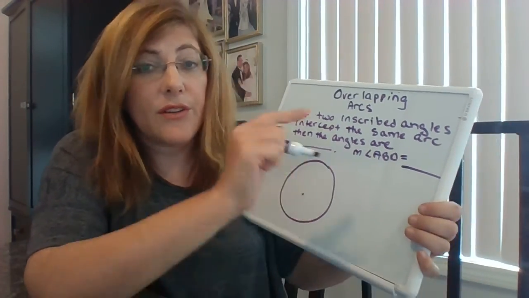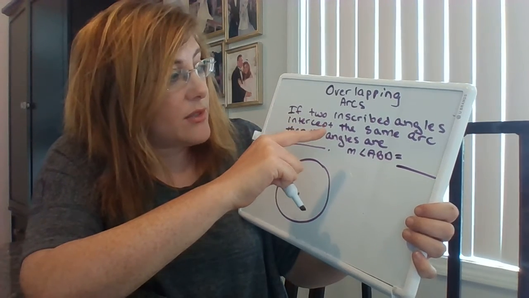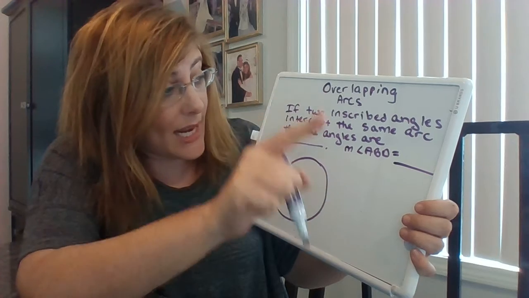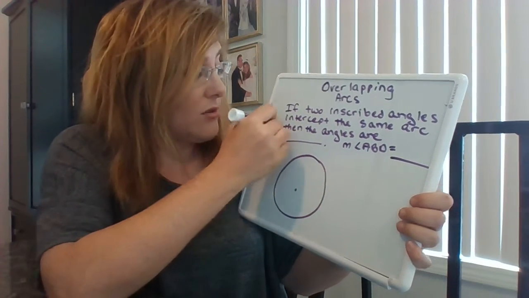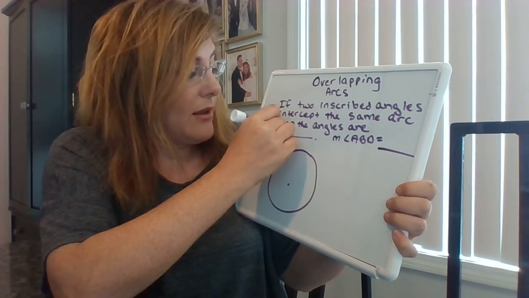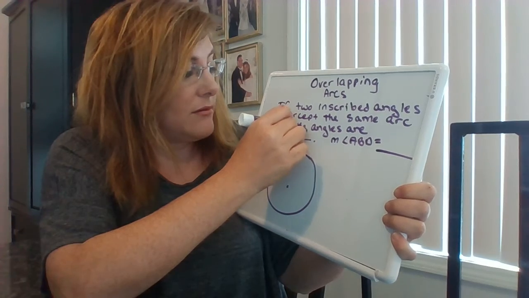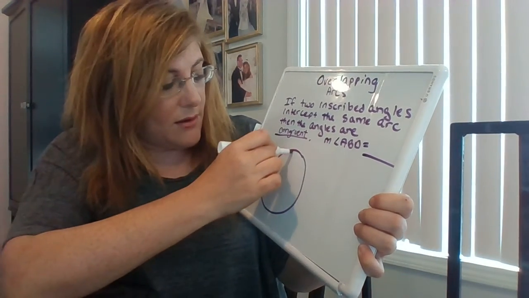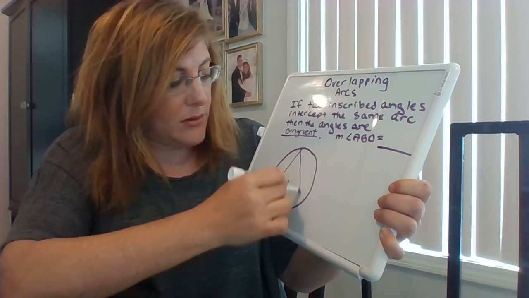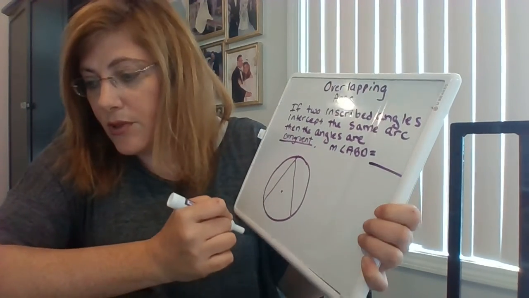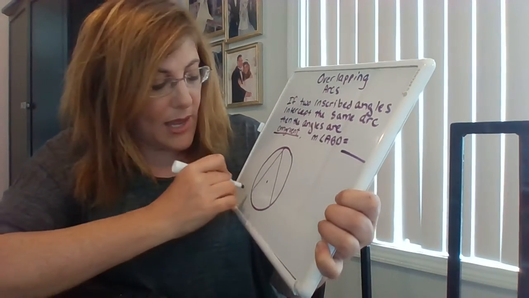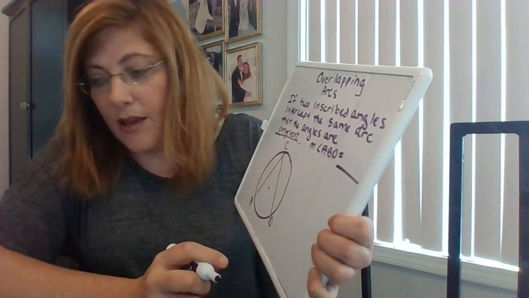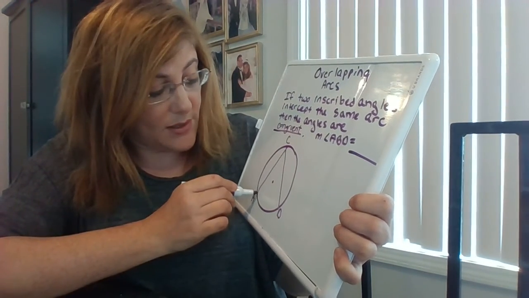Now we're going to review overlapping arcs. If two inscribed angles intercept the same arc, then the angles are congruent. And let's see how that looks. So, if we have an angle that looks like this, which could be A, C, D, and then we know that its intercepted arc